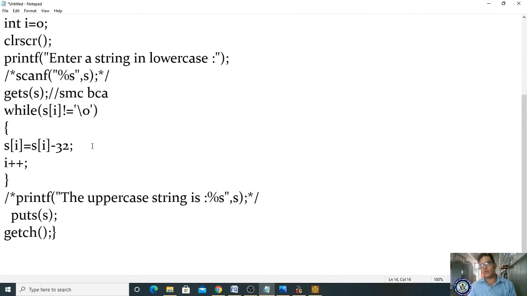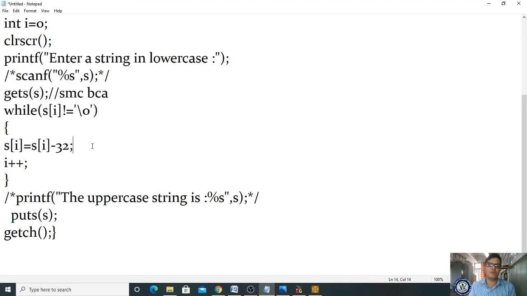Please make a note. What is the ASCII value of capital A? 65. Where does it end? Z, 90. 65 to 90 is 26 characters, right? 91 to 96 are some other different characters, right?